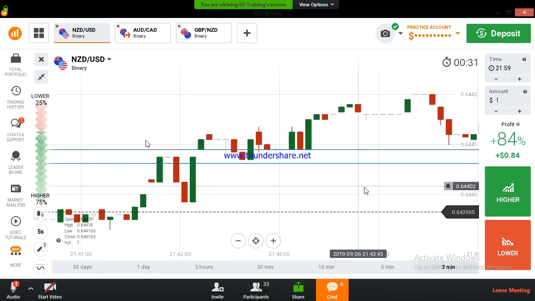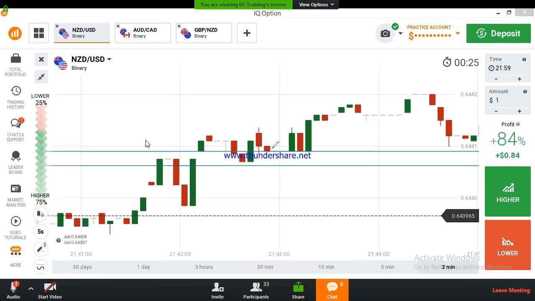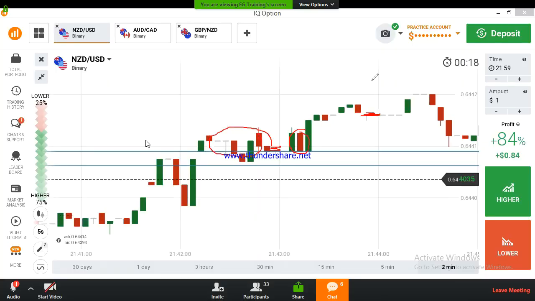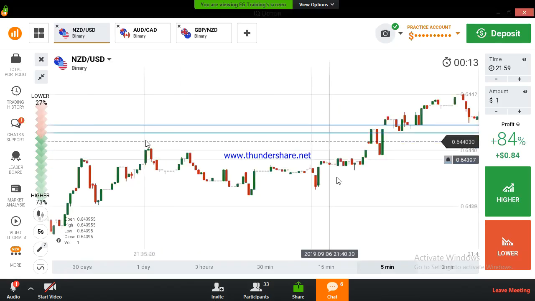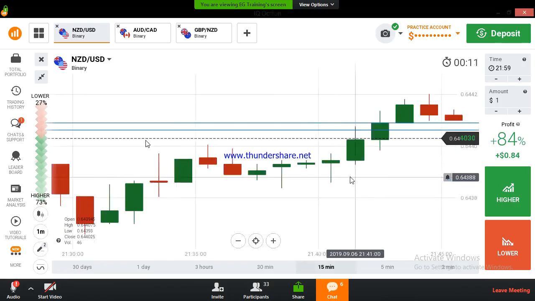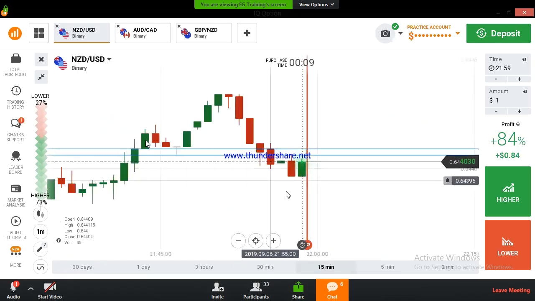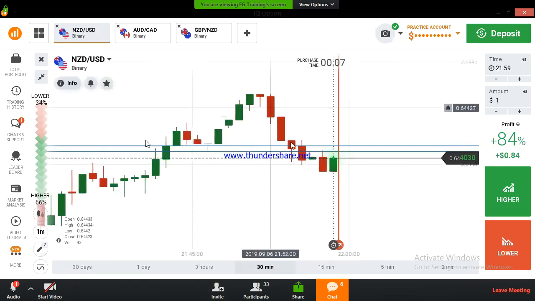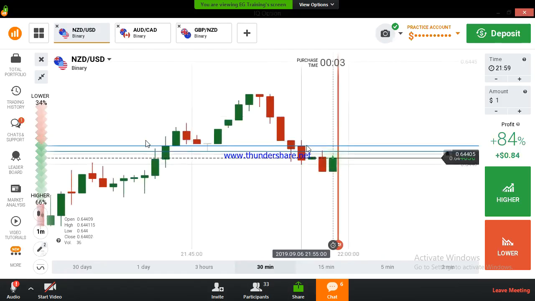Okay, here a bullish candle closed. There are so many sellers, and here also we are seeing a confirmation candle, but it closed above the level because of bullish momentum. If you see any bullish or bearish momentum, it's better to avoid. It doesn't work. Here also we are seeing a strong bearish momentum. It's better to avoid trading on the next candle.